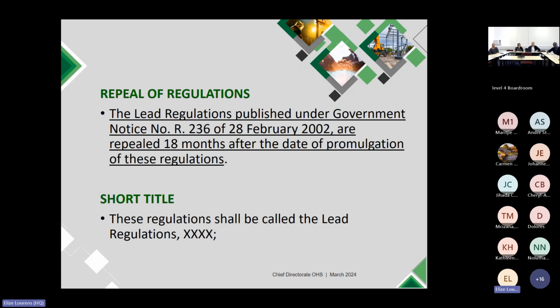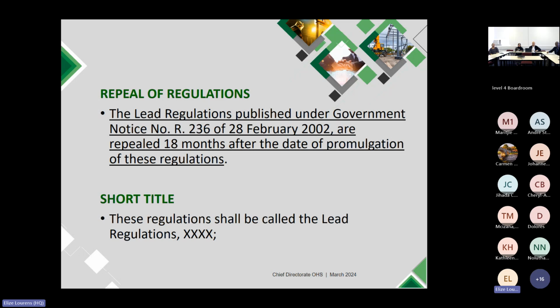So the idea is that when the new regulations get promulgated, they will not become a requirement overnight. They will be out in the public domain for a period of 18 months, allowing companies to transition to the new requirements. They can, at any time during those 18 months, start implementing the new requirements and adhering to the new standards. But after that 18 months, that is the final cutoff, and everybody would be expected to be on board with the new requirements. So that is just, as I say, to facilitate a transition period.